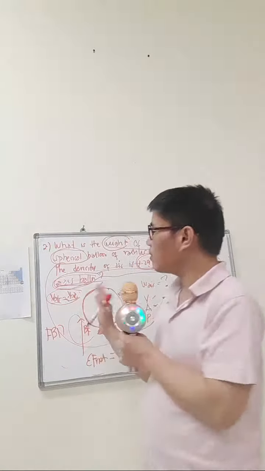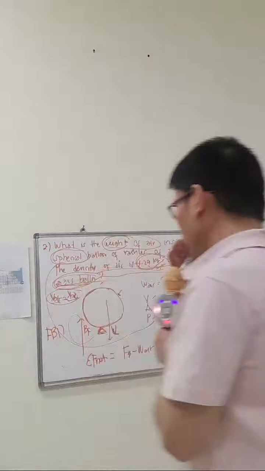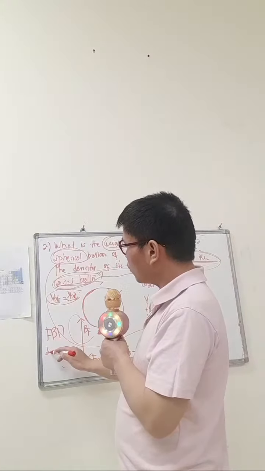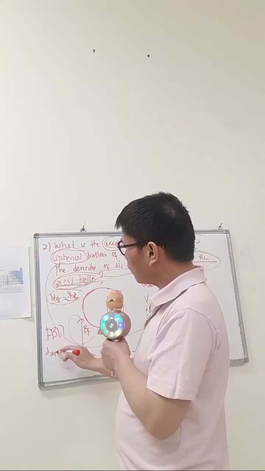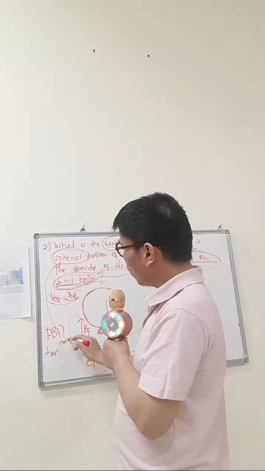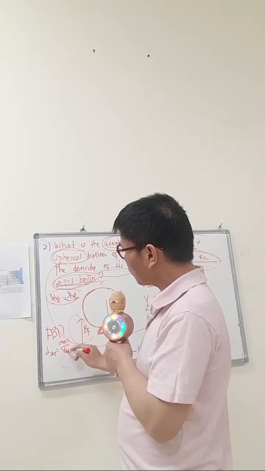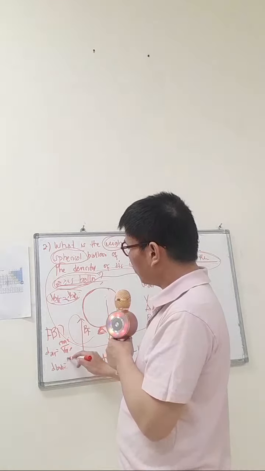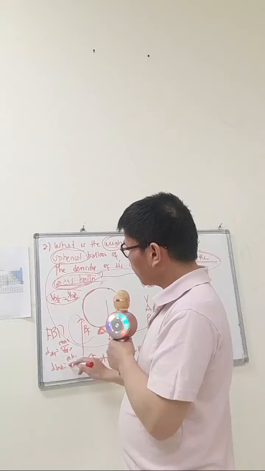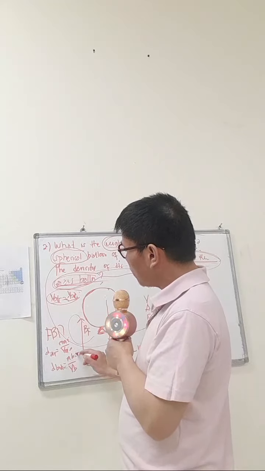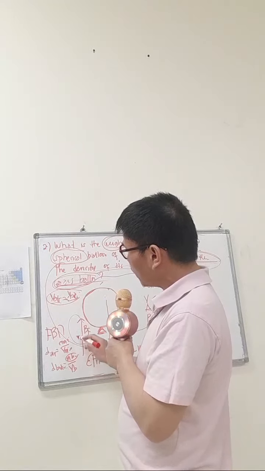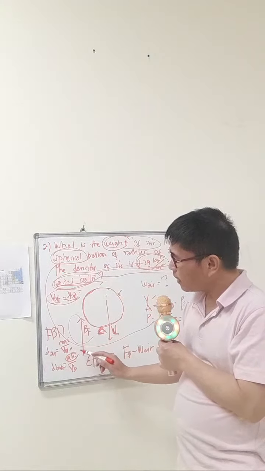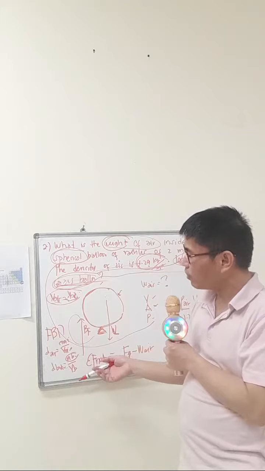So you need me to explain this by equation also? Okay, let's do the equation. Density of air, ratio and proportion. Density of air is equal to the mass of air over the volume of air. Density of the balloon is equal to the mass of the balloon over the volume of the balloon. So you treat the balloon mass as constant.